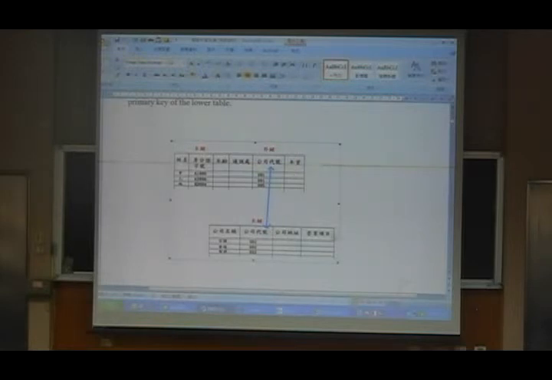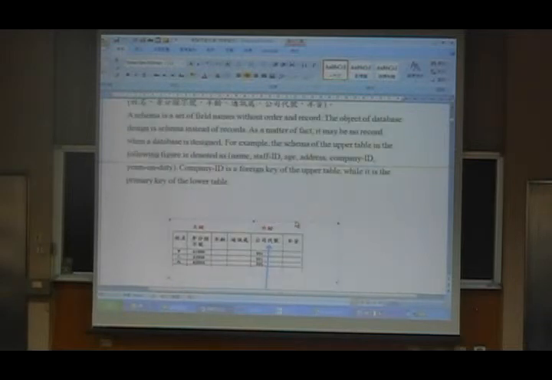This portion is schema. There's no order between the fields. 所以其实谁摆在第一个栏位、第二个栏位没有关系的。没有 order 的。而且呢，when we talk about the schema，我们不会管 record。好，我们在谈纲目的时候，是不谈 record 的。